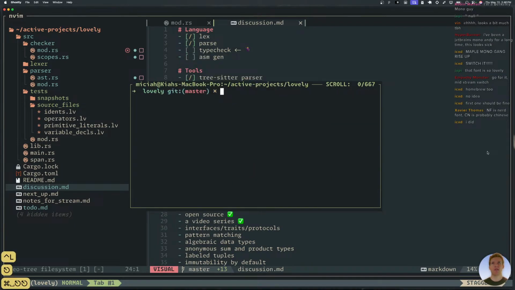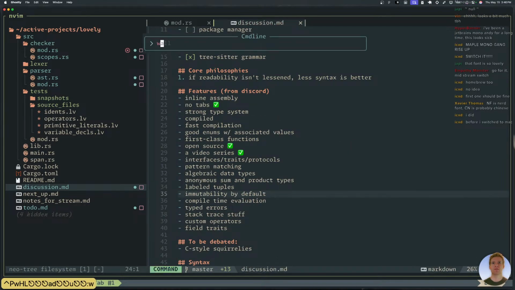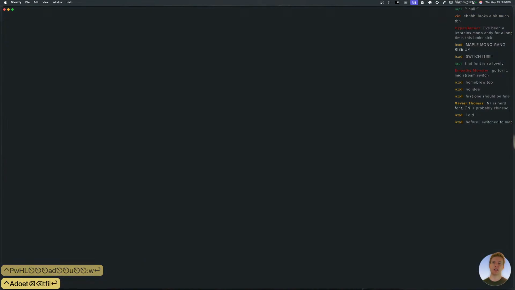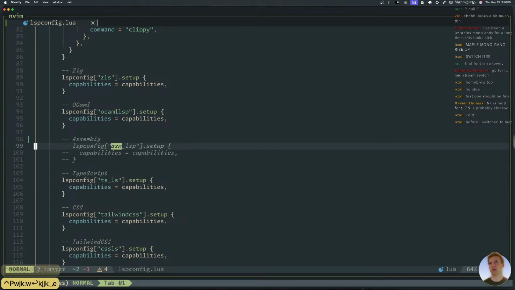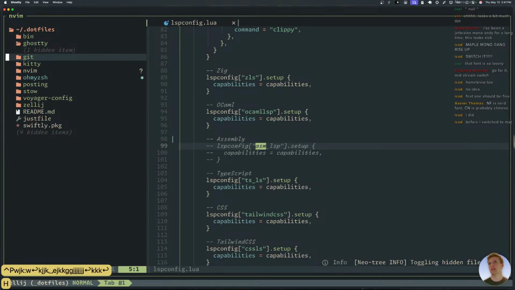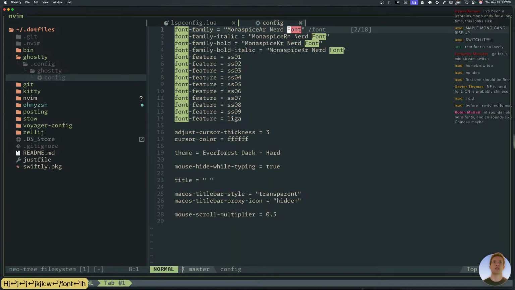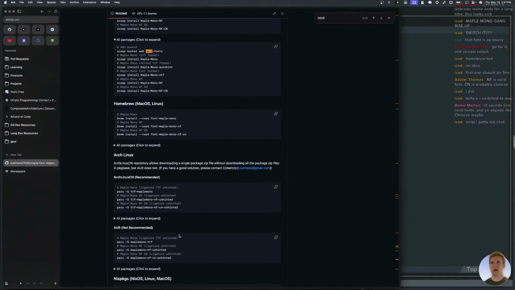Now, do I have it? And what's it called? So if I go to my files, oh dear. That'd be Ghostty config. Okay. Font family. So I'm using this Monaspace. Oh yeah, that's when they added nerd fonts too. What's it called?